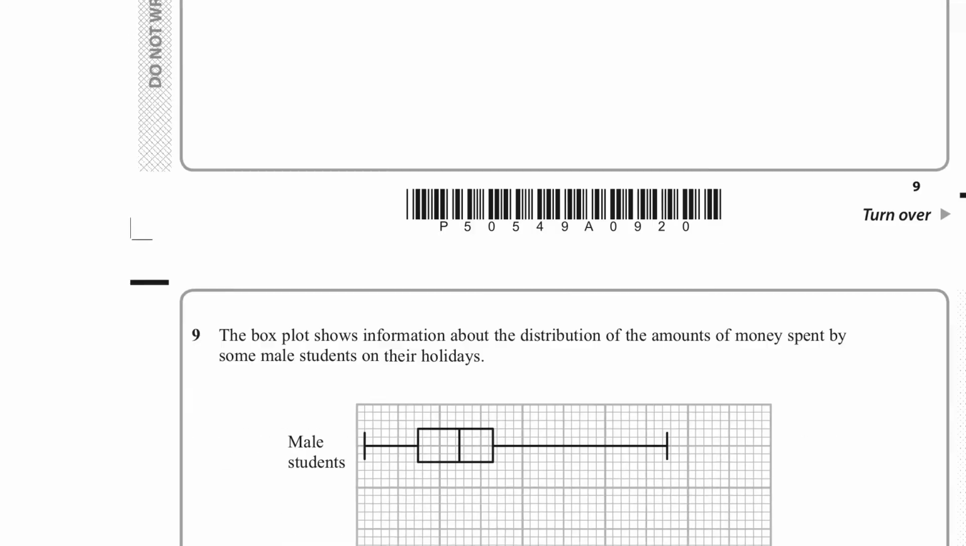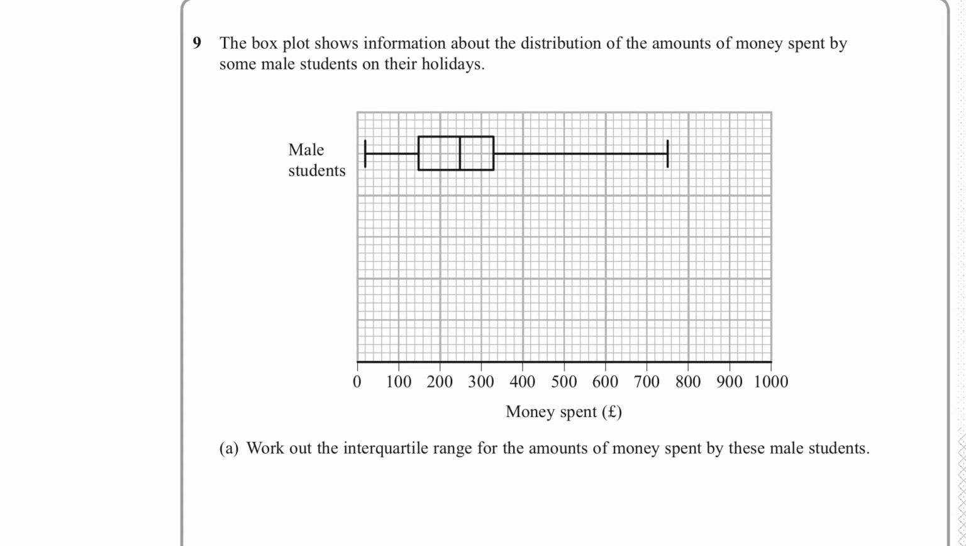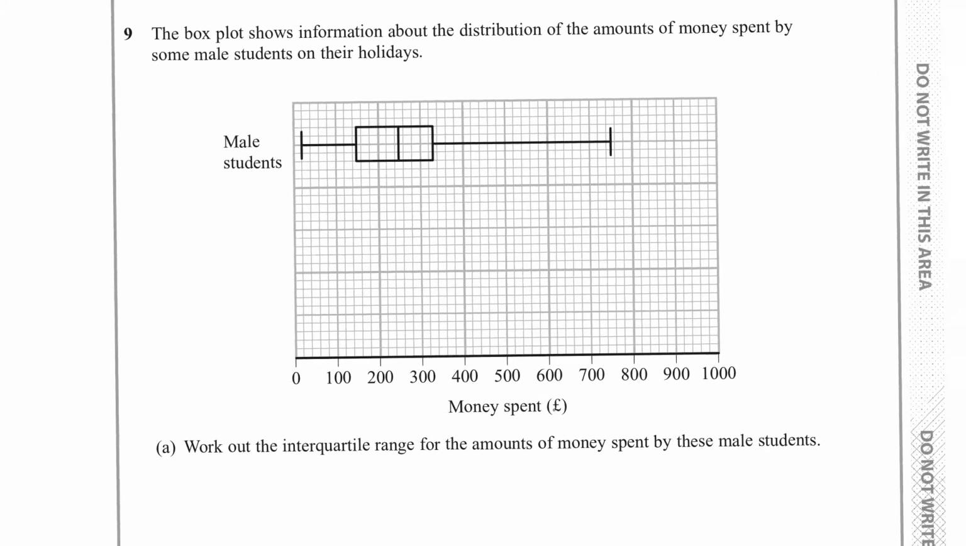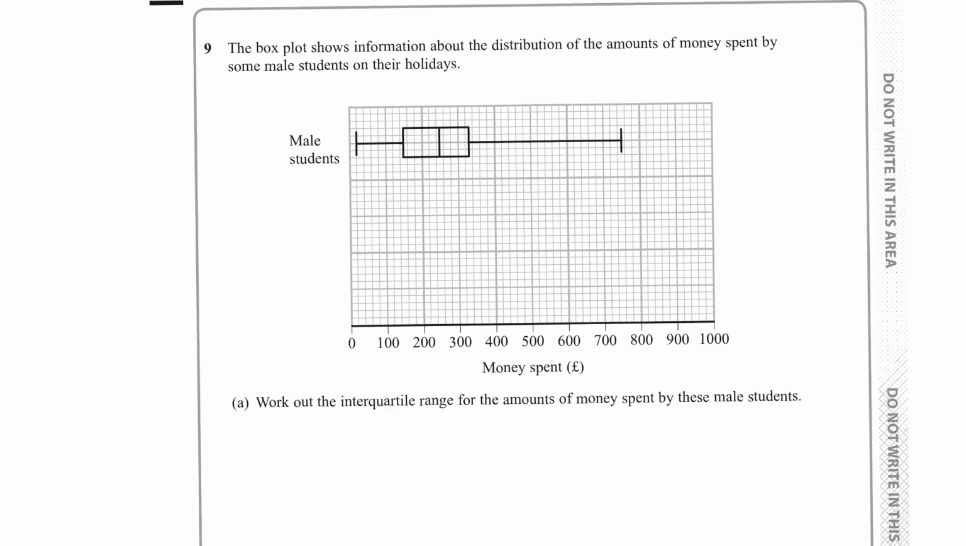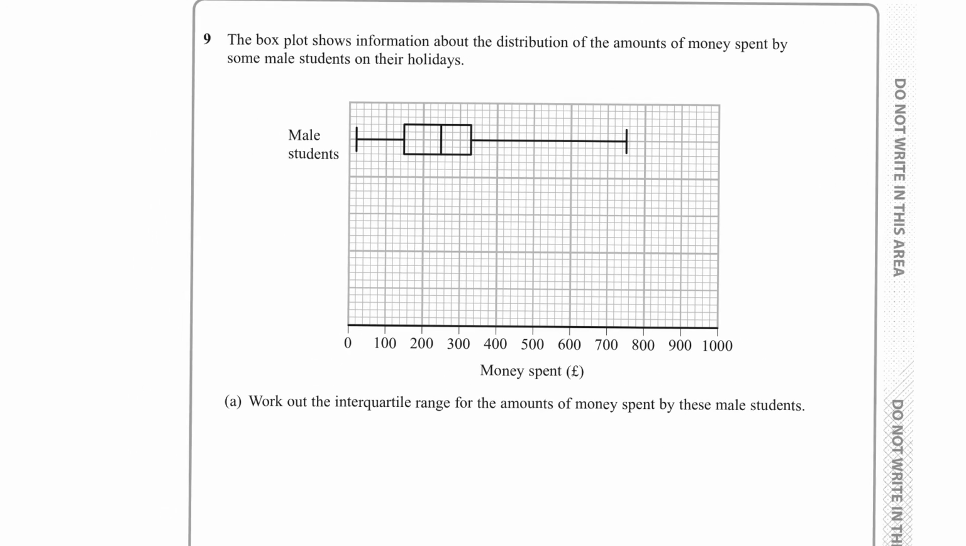Question 9, we've got box plots. I've got a video on box plots in the link above if you want to refresh your memory on those. Here it wants us to work out the interquartile range. Remember, the interquartile range is basically your upper quartile take away your lower quartile. From the box plot, the upper quartile is the top of the box, and the lower quartile is the bottom of the box. So in order to work out that range, our upper quartile value, if we look at the reading of the graph, which is there,